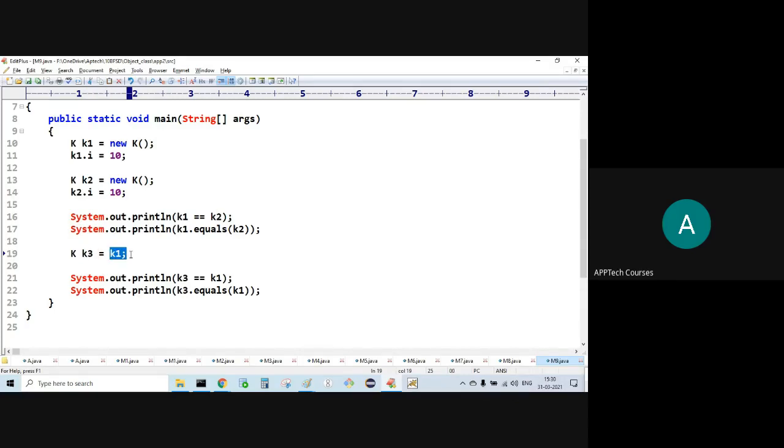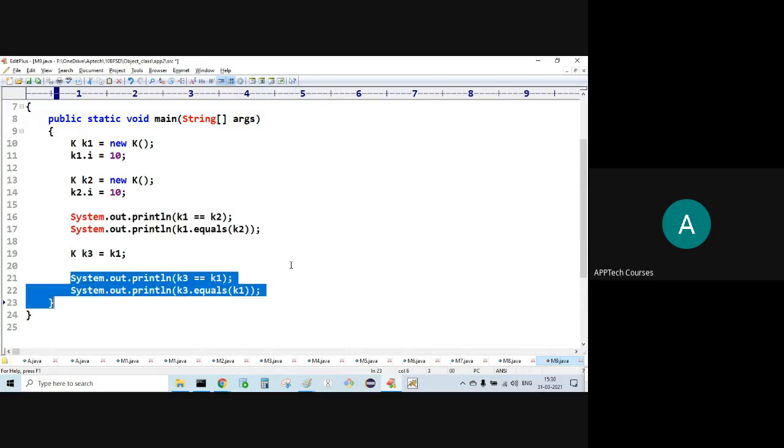Wherever K1 is pointing, K3 should also point. Now this object has two references, K3 and K1, both pointing to the same object. That is why we get true. False, false, true, true.